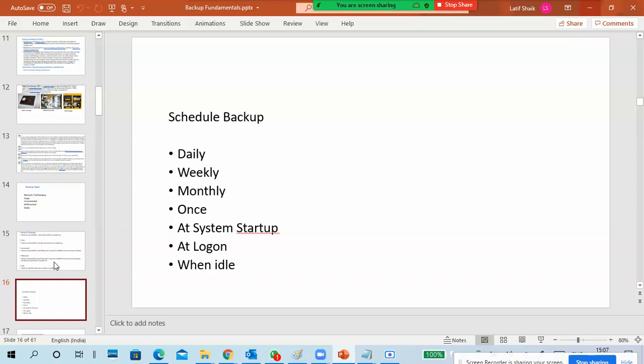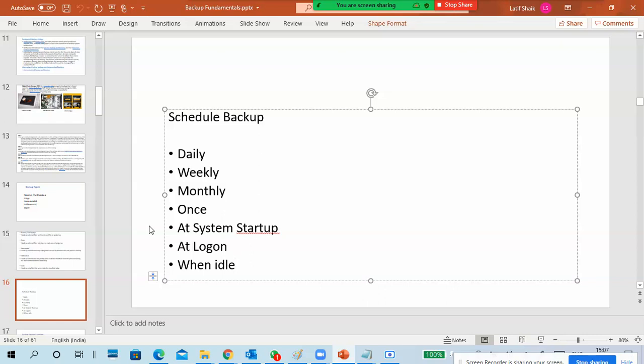So scheduled backup. Also, guys, look at this one, at system startup. What is at system startup means when I start my server or maybe when I start my system, take backup. So that is also we are able to create. Okay, at log on. So you log into the system. At system startup means you switch on the power. So the system is booted. So first take the backup, then start working on the system. At log on means you log in, username, password is given. So immediately the backup will be started.